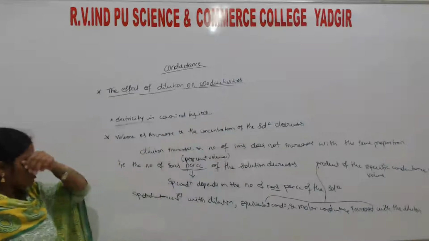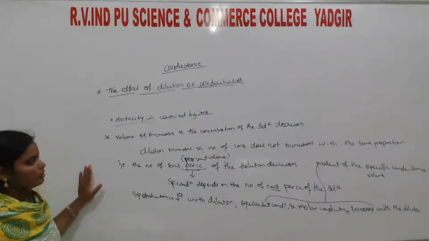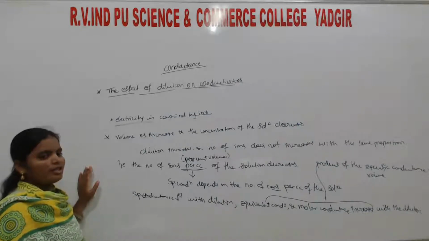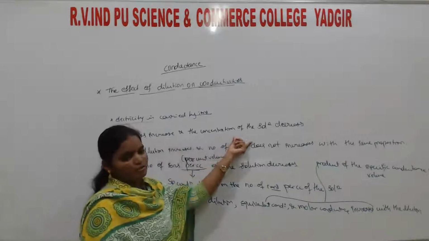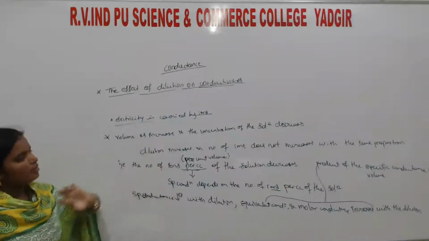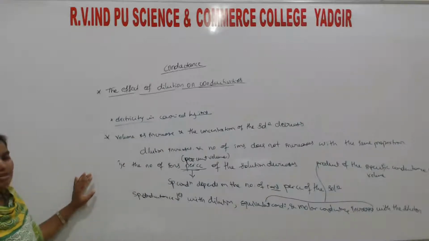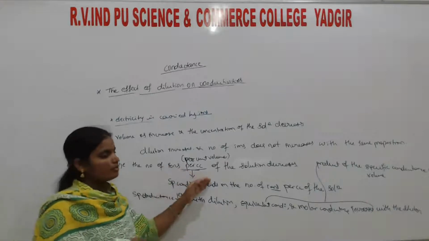You take a sugar solution, you add water, you dilute the sugar solution, and the sugar concentration decreases. And here the volume increases, the concentration of the solution decreases, and the dilution increases, but the number of ions does not increase in the same proportion, that is, the number of ions per cc of the solution